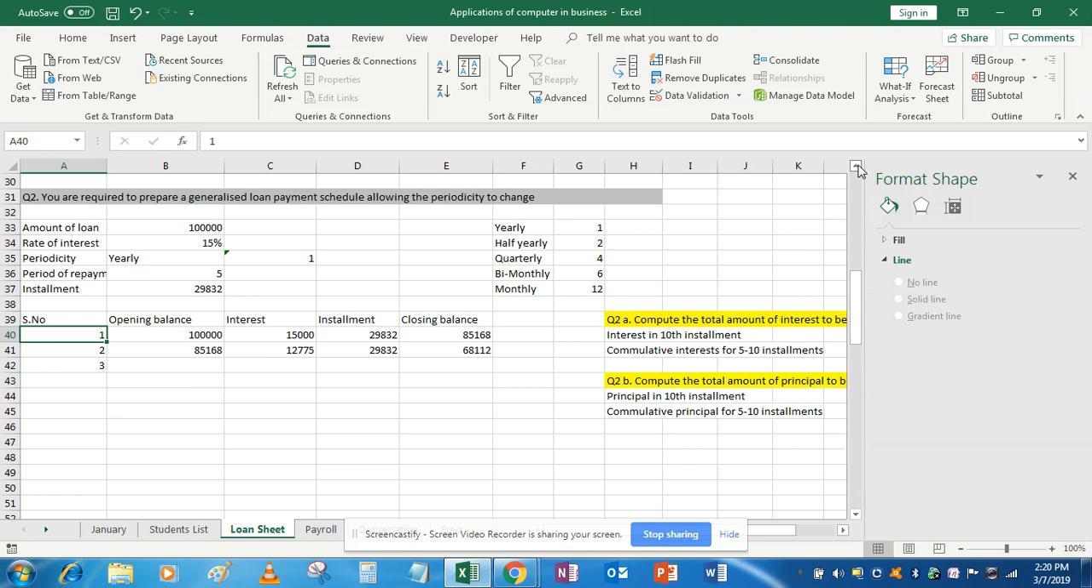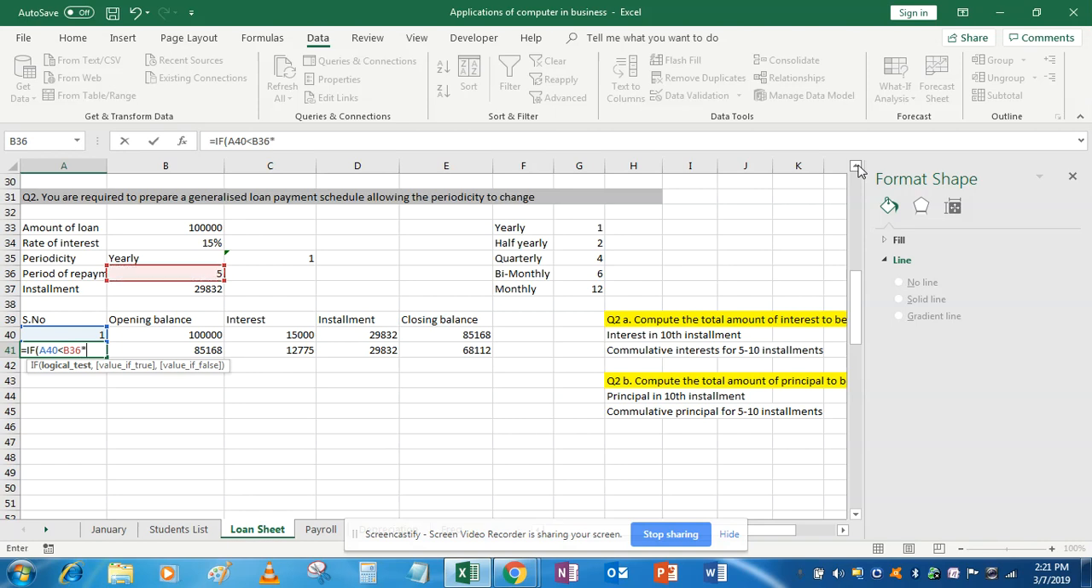As we have discussed in the depreciation part 3 video, we can use the IF condition in serial numbers, and then we can use the normal COUNT condition. How can we use it? It's very simple. The first one we have entered manually. Now we have to use the IF condition. What is the IF? If the upper cell is less than period of repayment multiplied by the periodicity,